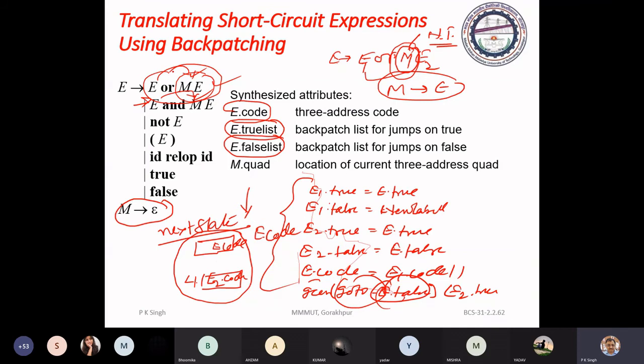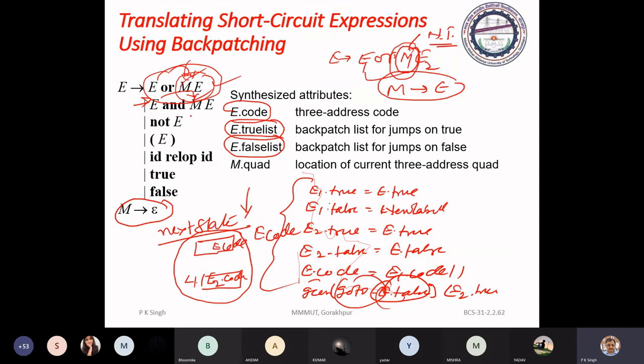And when you generate the E2 list, this marker production will record the three address statement number and you can do the patching.